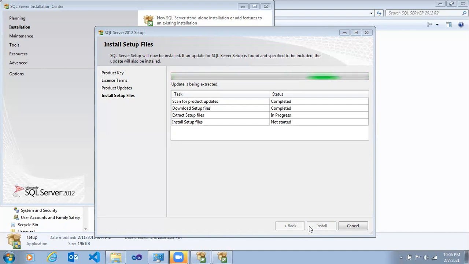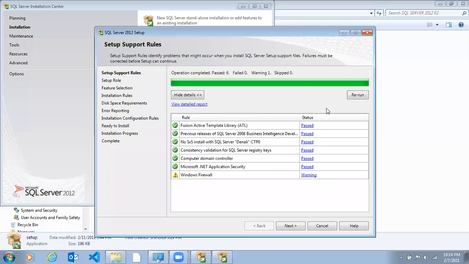So with the reference of this video, you can install the later versions of SQL Server also. That step took around 8 minutes.